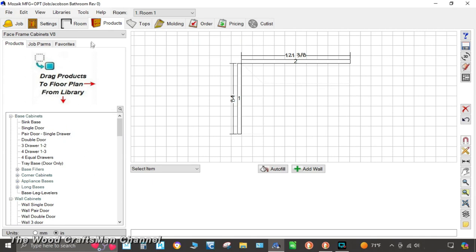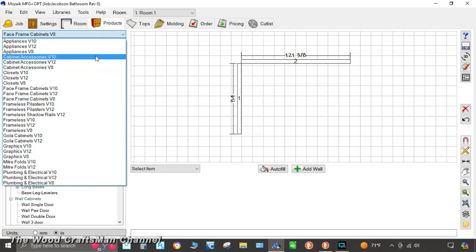So in this here, basically, if you click on this menu here, these are all the different menu items to pull products from. So we got appliances, and then the V8, V12, and V10, that's just the different versions. When I started with this, Mozaik had version 8, and then they've advanced to version 10, and now they're in version 12. And periodically they do a library update for cabinets themselves, appliances, graphics such as windows and doors, electrical, lighting, things like that. In this case here, I've already kind of built somewhat of a library out of version 8, so I'm going to click on version 8